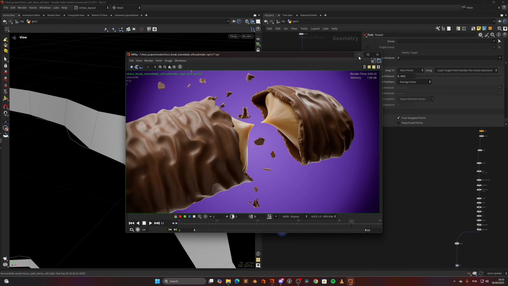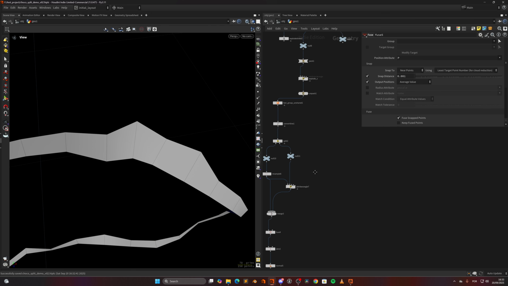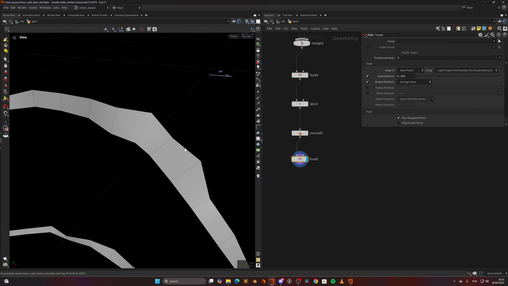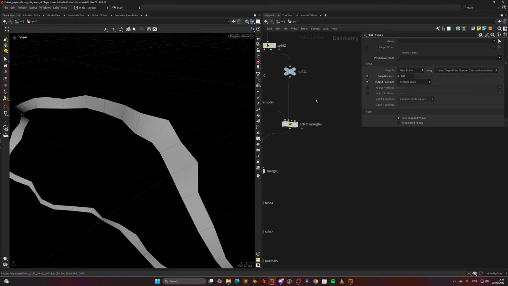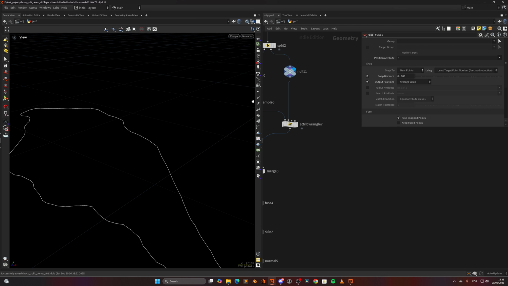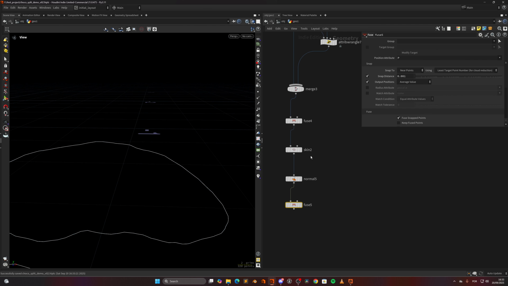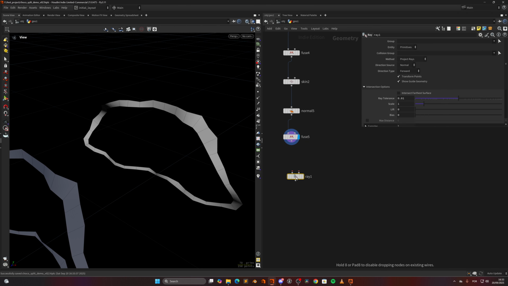So we need to reproject them somehow to the original geometry. But easier said than done, because you can try with the min pose and reproject it and whatnot, but it will never align perfectly because the topology is so different. So what we can do, as you can see, we have points all over the place. So I found a solution that works pretty well, and that includes doing first of all a reproject to